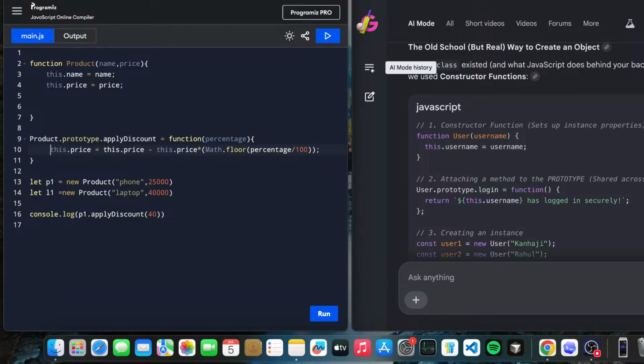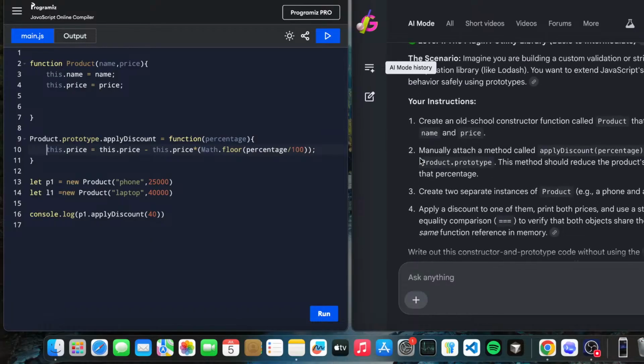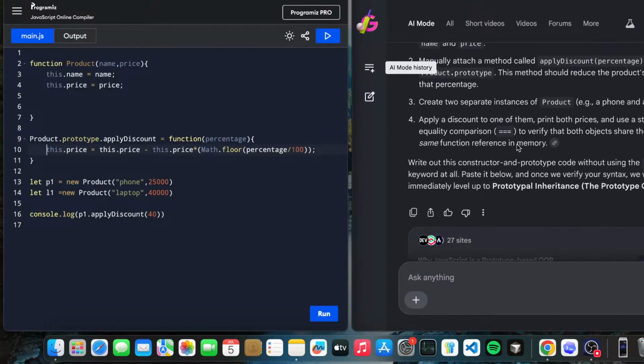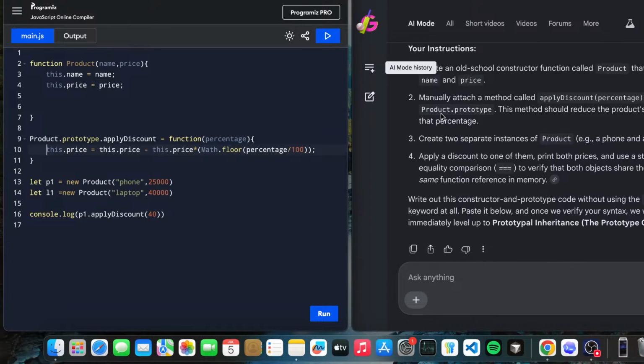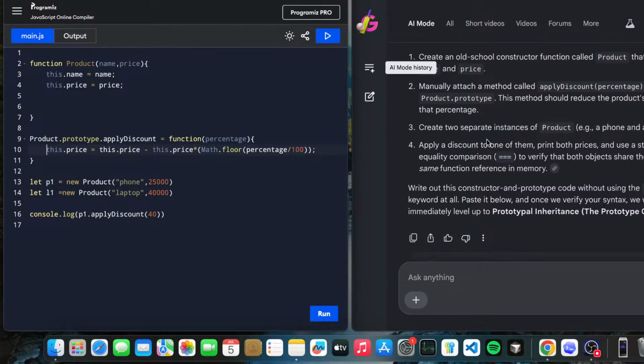Okay, apply discount. Let's just check. Two separate instances of a product, for example phone and laptop.